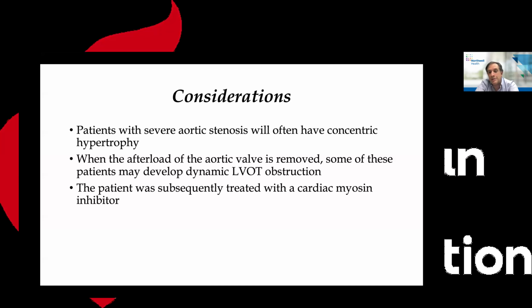Patients with aortic stenosis, as we said, have concentric hypertrophy. And when you bust through an aortic valve, the ejection fraction is going to get better. Now, what are the requirements that you need in order to have obstructive hypertrophic cardiomyopathy physiology, or SAM? You need 2 things. Number 1, you need to have hypertrophy of the interventricular septum. And number 2, and you can't predict this all the time a priori, you need to have a redundant mitral valve. You need to have a mitral valve that has enough slack on it so that it can be pushed into the LVOT. Remember, the mechanism of systolic anterior motion of the mitral valve is push.